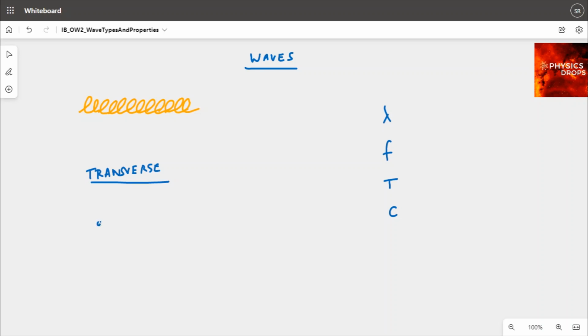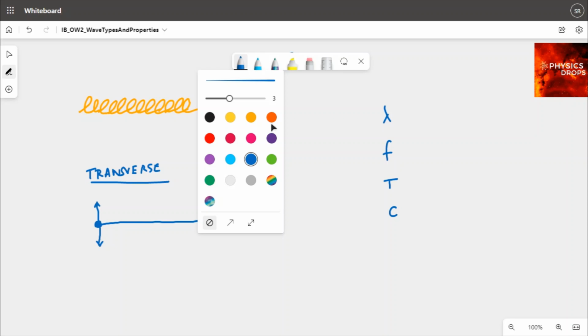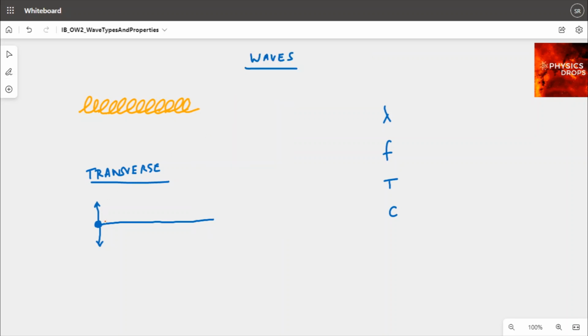Let's consider a rope. Let's say the blue line is a rope, and I start moving this point. I'm holding it at this point and I start moving it up and down in a rhythmic fashion. Let's break it down into a few initial points on the rope. Let's call the first section X, the next point on the rope Y, and the next